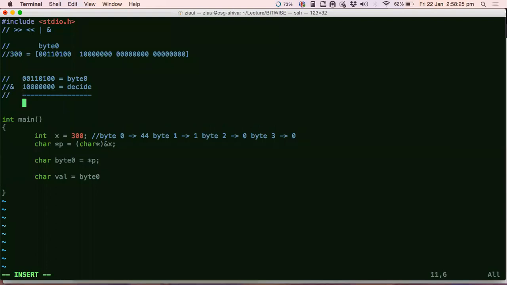This 0 will pair up with this 0, this one will pair with this 0, this one will pair with this 0. Now 0 and 1, what is it? 0. 0 and 0, 0, 0, 0, 0, 0, 0, 0. This is the value I get.